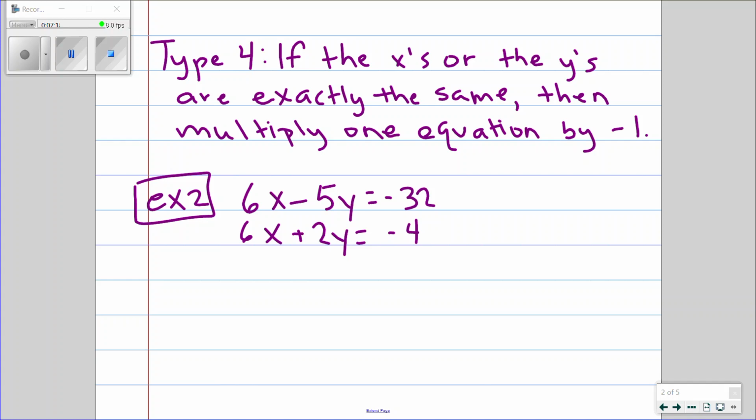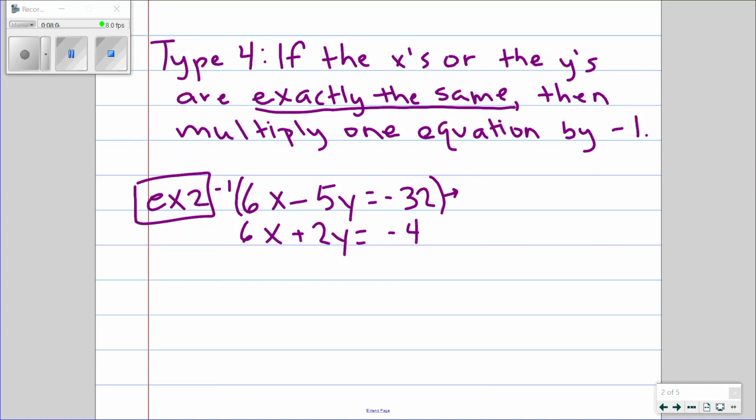So once again, we can see that this is not a type 1 or type 2. Neither one of them start with x equals something or y equals something. We know it's not type 3 because I don't have a zero pair already. The 6x and 6x, that's not a zero pair. The -5 and the +2, those are not opposites. That doesn't make a zero pair. So the next thing is to look to see if I have either the x's or the y's are exactly the same. Clearly we can see that they're both 6x, so that means that those are exactly the same. So what we're going to do is we're going to multiply one equation by -1. It doesn't matter which equation. If I multiply this first equation by -1,